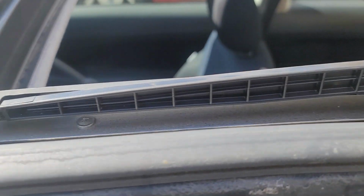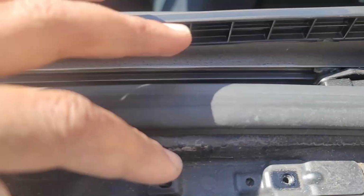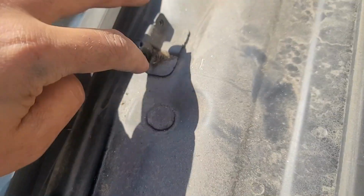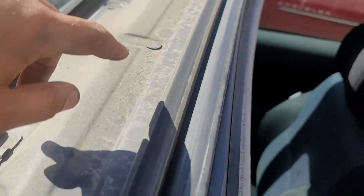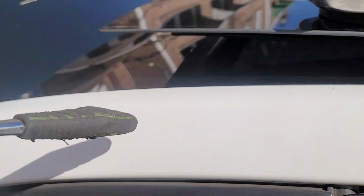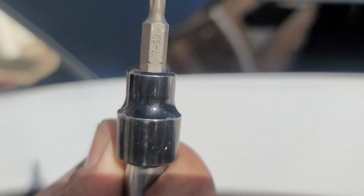Also, what we are doing here is taking this part off. You take it off by removing one and one over there and two over here at this hinge, and two over there at that other hinge. What's the size? Let me see what's the size. It is T20. T20. Now after you remove that,